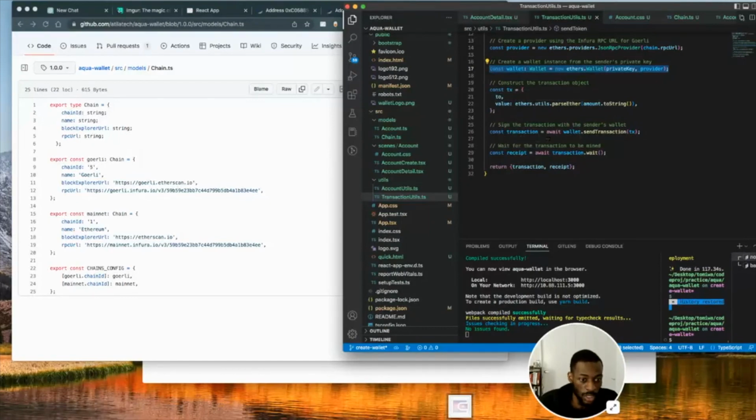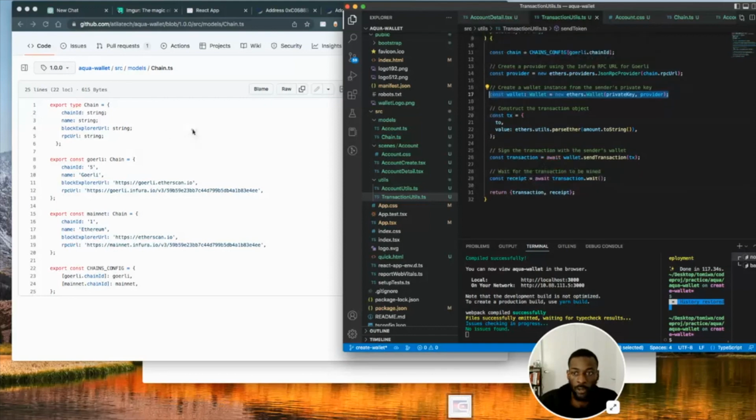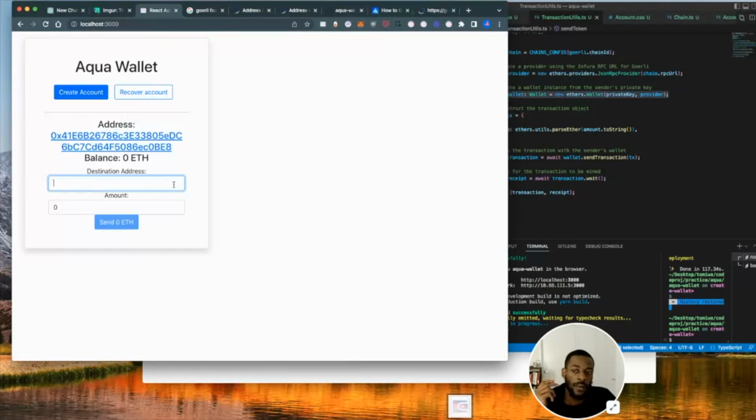Then we send the transaction, then we wait for the response and give the response back to the user. So once we tie all those pieces together, now we can send a transaction. The problem here is that we have 0 ETH in our wallet. So we need to get some